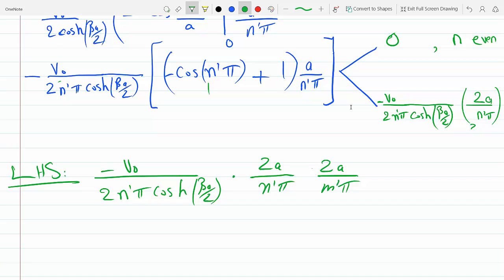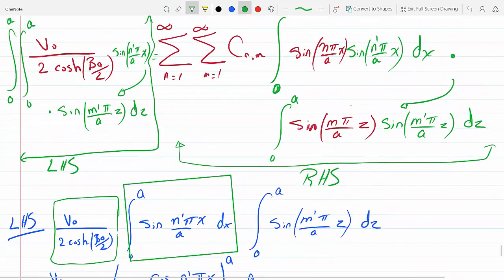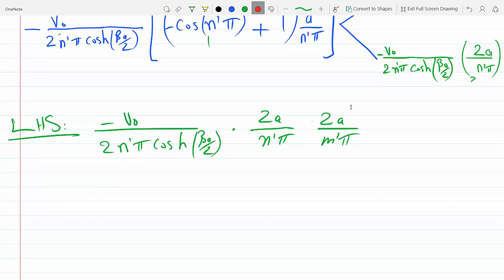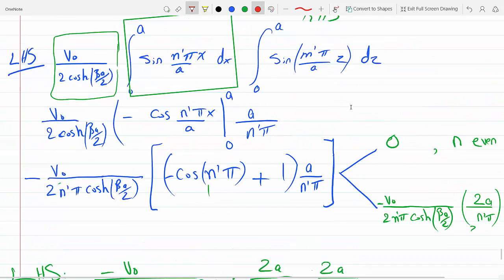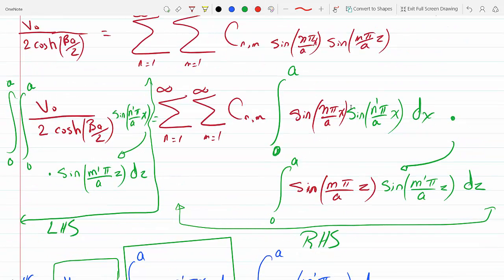Okay, so moving on. If we simplify, this is the left hand side. Let's leave it as is, it's fine. Now let's go to the right hand side. The right hand side should be slightly more, hopefully, straightforward. We said that according to the Fourier trick, all these will be zeros except when n equals n